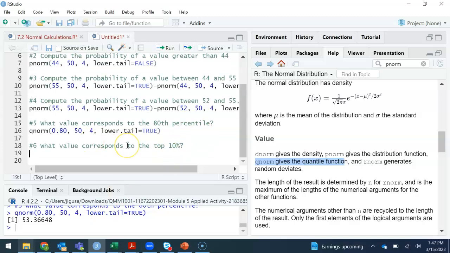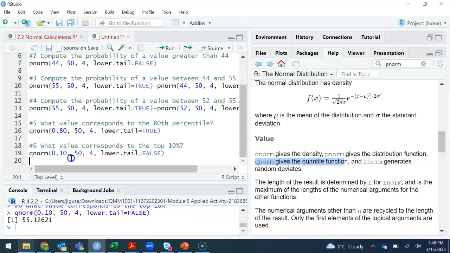Now, a question that we have not seen before. What value corresponds to the top 10%? The question gives 10%. The mean is 50. The standard deviation is 4. For this one, it does not say we want the percentile. It says we want the top 10%. By definition, percentile means everything less than that amount. So if we want the top 10%, instead of setting lower tail to true like we did previously, now you'll set lower tail to false because we want everything bigger than the value. The top 10% or highest 10%, not less than, greater than. So this would give you the value for the top 10%,